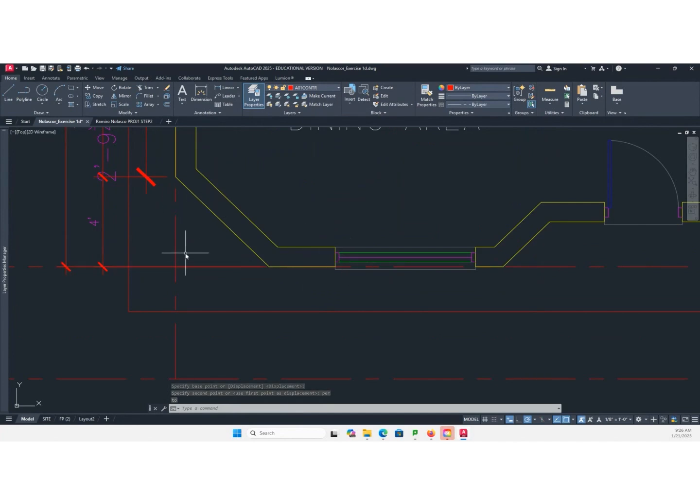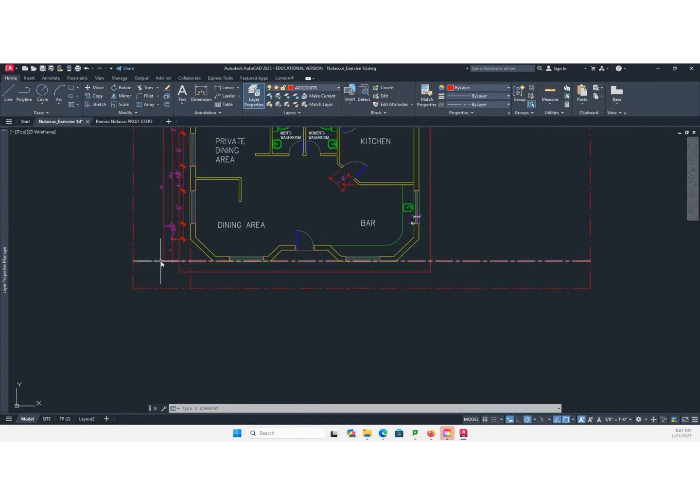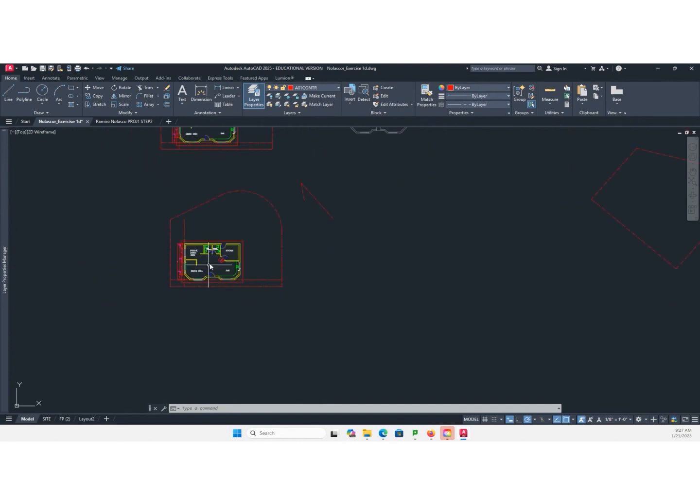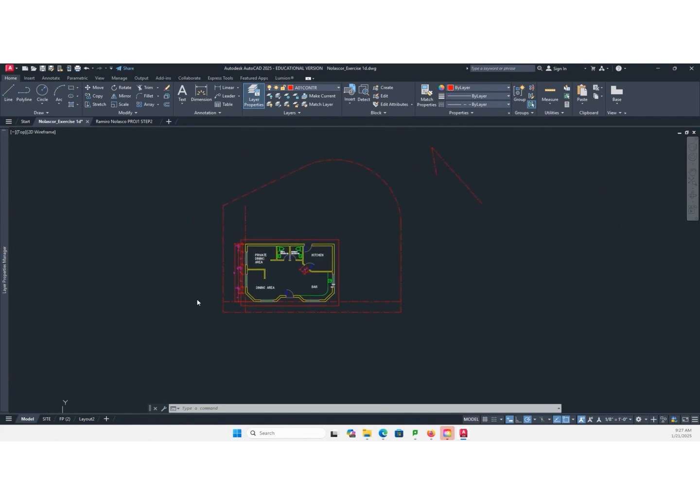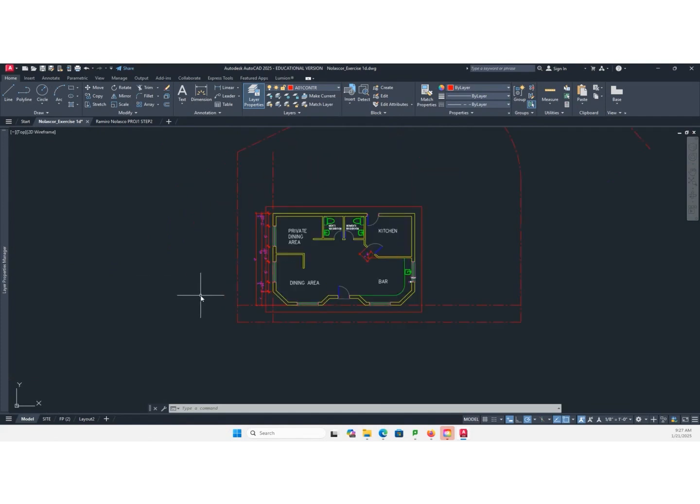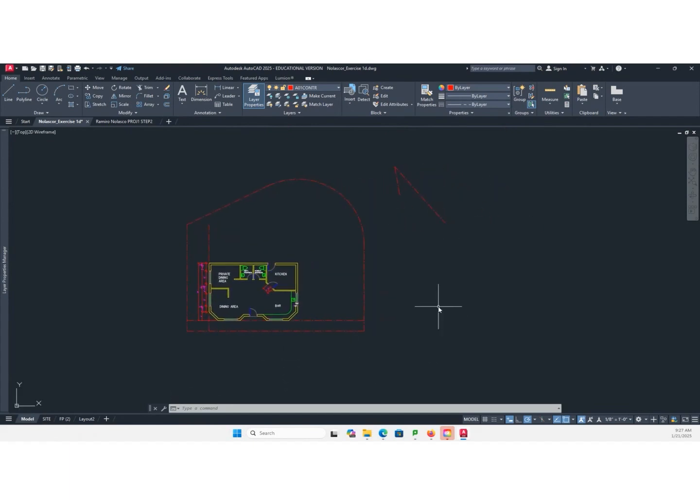So it's now right on the minimum setback requirement so that I have a big backyard. This is my project north, and I can create a line right here showing my true north.